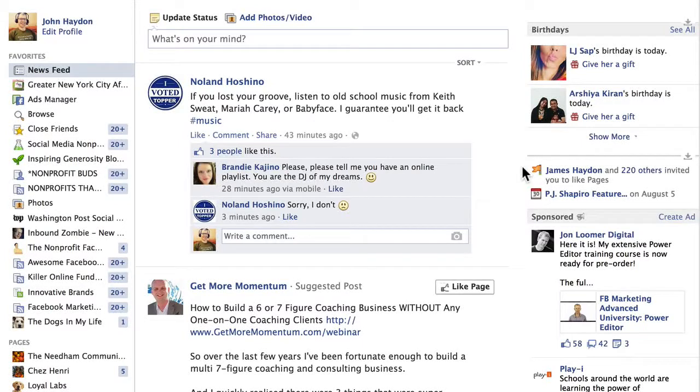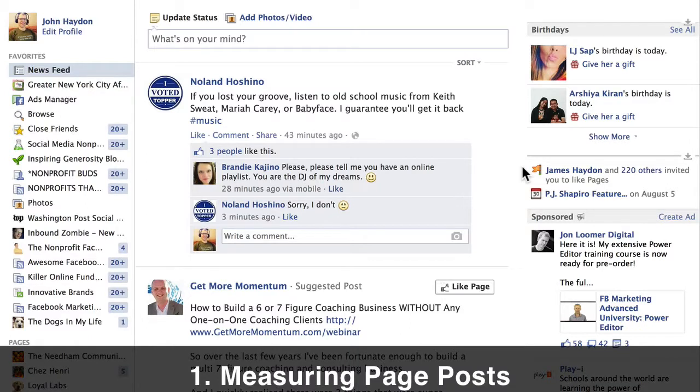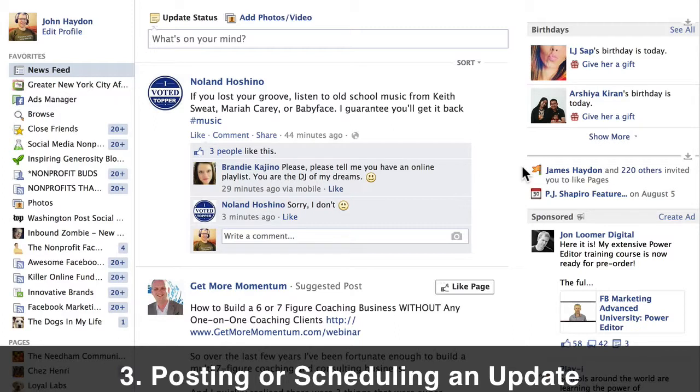To show you how you should be posting to Facebook. Okay, I'm going to show you the process that I recommend to nonprofits. I'm going to cover measuring your page, seeing what's going on, curating content, posting it on your page, and then